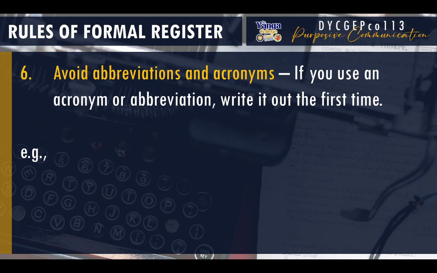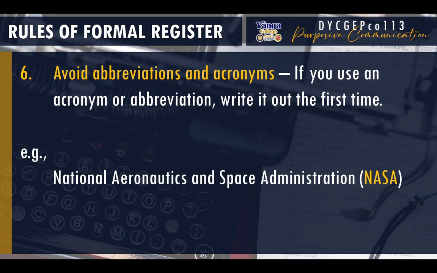Sixth, avoid abbreviations and acronyms. But again, there are instances, of course, na hindi mo pwedeng iwasan ang paggamit ng abbreviation and acronyms, especially if a term is very long. So, halimbawa, yung National Aeronautics and Space Administration or NASA and influenza or flu. It's not advised that you use abbreviations in formal register. Kagaya yung dalawa sa baba. Yung influenza as flu and without as W/O. Yung dalawa na yon, as much as possible, we should avoid those abbreviations because you can easily write the spelled out or complete versions, yung formal versions.